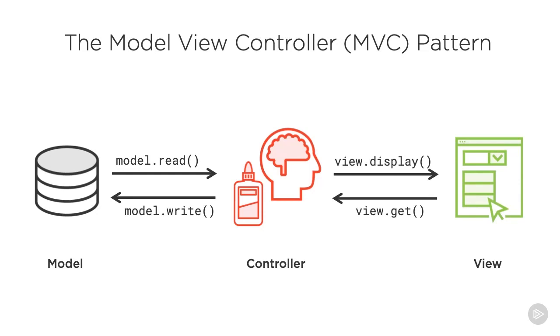The controller acts as the glue between these components. It interacts with the model by invoking methods to read and write data. The controller also interacts with the view by collecting data from its web forms when the user hits the submit button. In between these interactions, the controller will apply the application logic, such as number crunching or other useful activities.